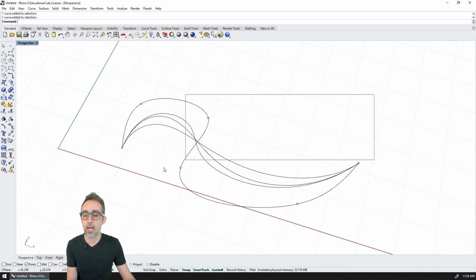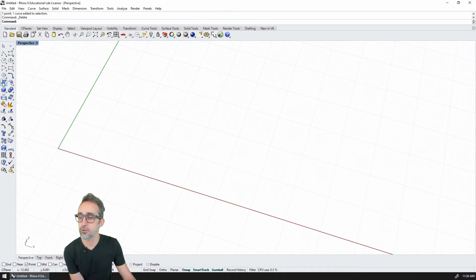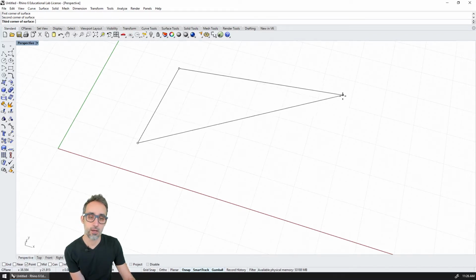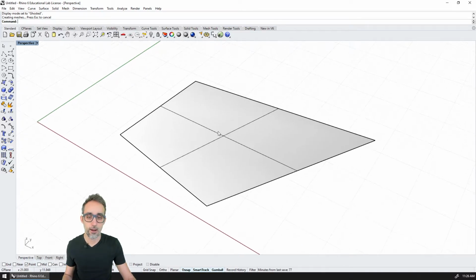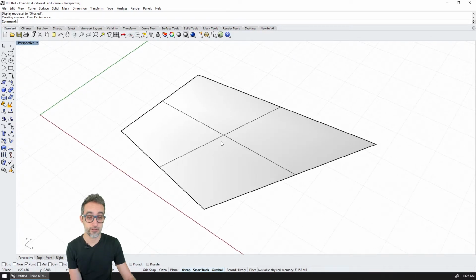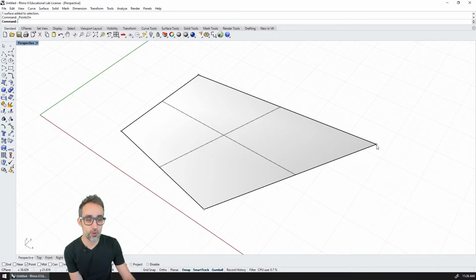So for example, I'm going to delete everything here, and I'm going to go to this panel and long click it so that we extend all the options. And you can see that, for example, I can have here a surface from 4 corner points. So I'm just going to create 4 corner points, all right? And if I right click here and I say ghosted, I can see a gradient, like a shaded representation of this surface. If I click on the surface and I press F10, you can see that the 4 control points show up.